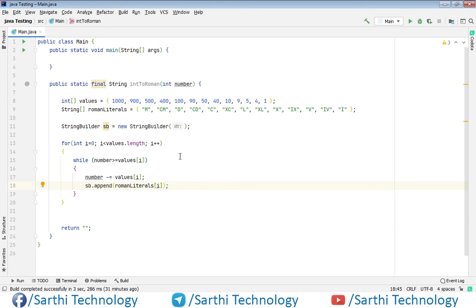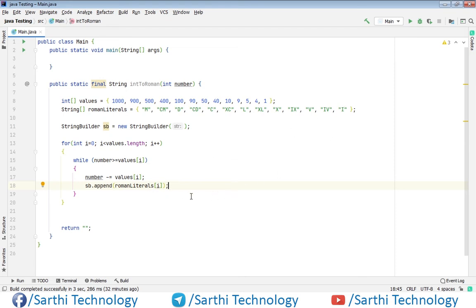Okay, so values i is 1, and at this time 3 is greater than or equal to 1. So here we will enter the body of this while, and we will subtract 1 from 3. We will get 2, because 3 minus 1 is 2. And we will append the Roman literal I to sb.